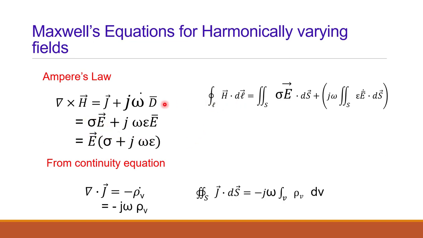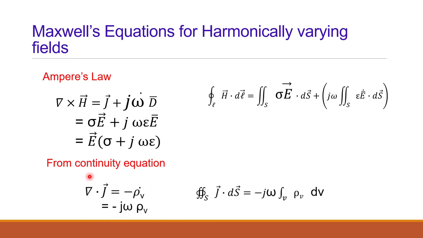So we have to use this equation later on for electromagnetic waves. In integral form, the same Ampere's law can be written as closed line integration of H dot dl, that is equal to J dot ds plus D dot ds was there. So J is replaced here by sigma into E bar dot ds bar plus D bar dot is replaced by j omega epsilon into E bar dot ds. So it will become H dot dl is equal to sigma into E dot ds plus j omega epsilon into E dot ds.